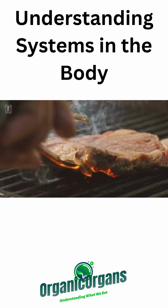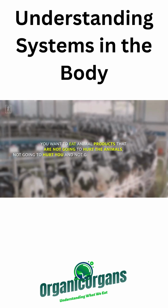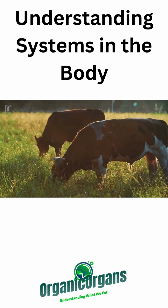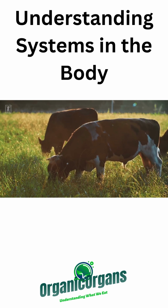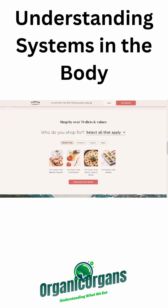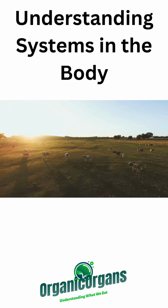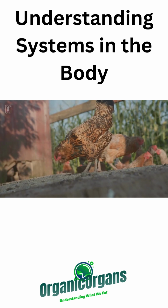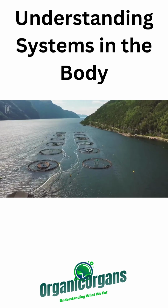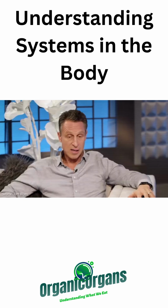And then if you're eating animal products, you want to eat animal products that are not going to hurt the animals, not going to hurt you, and not going to hurt the environment, right? So for beef, it should be regeneratively raised, ideally, which is hard to find, but you can actually get more and more of that around, and there's ways to do it by looking online to get it. Thrive Market is a great resource for regeneratively raised beef. And again, chicken should be pasture raised, pork and all that should be raised in ways that are more organic or sustainable. Fish, you want to eat fish that's sustainably harvested or sustainably organically aquacultured,